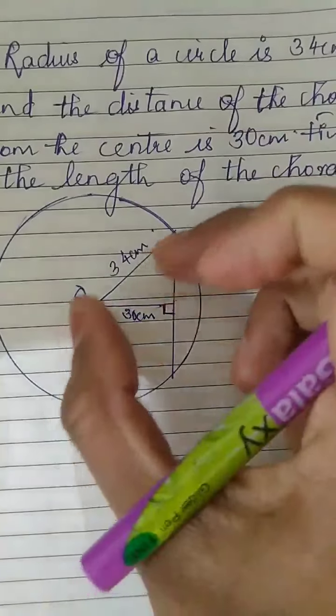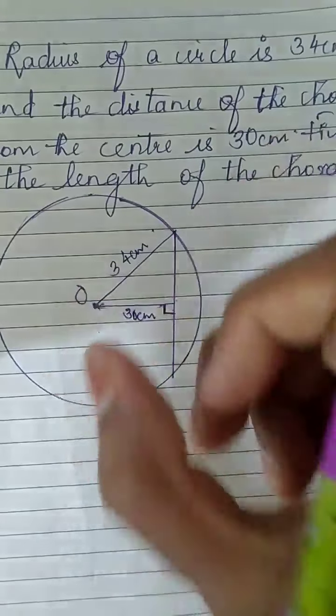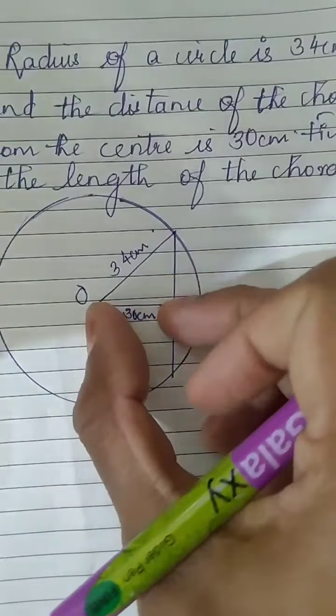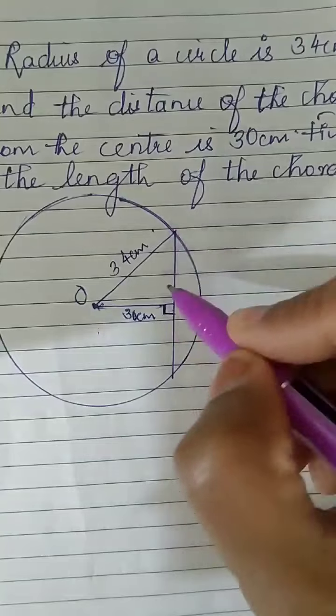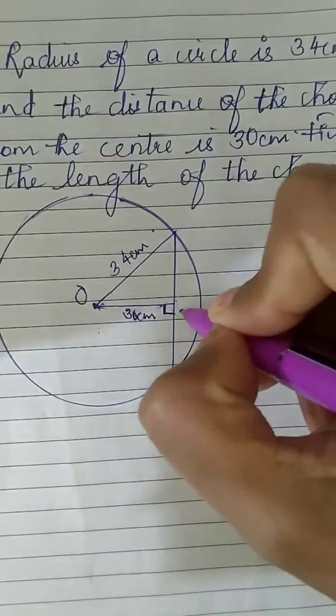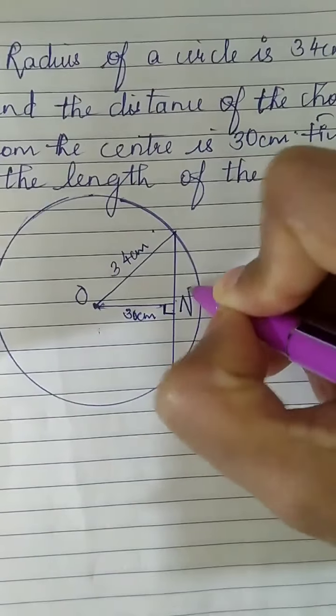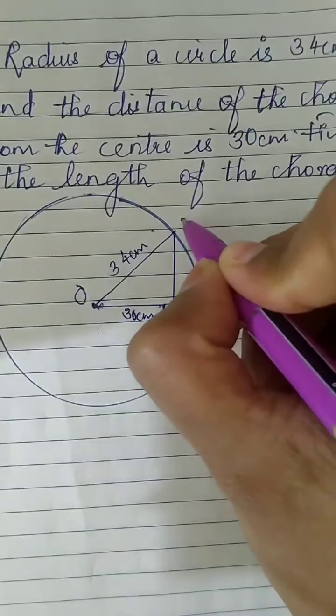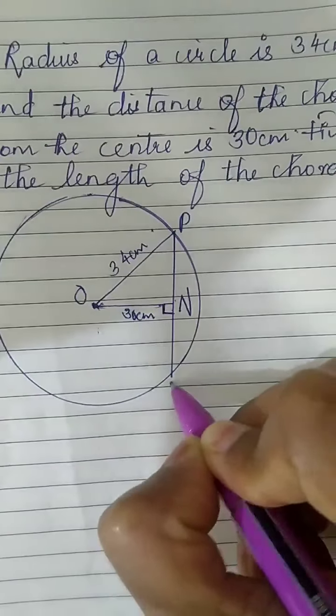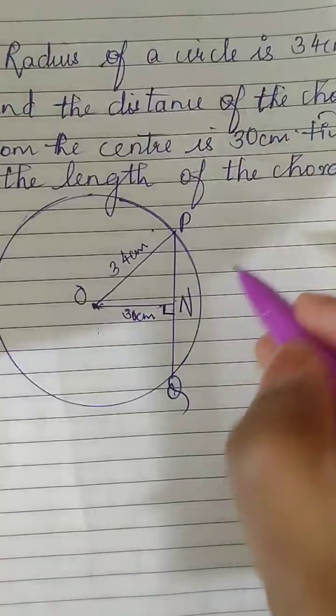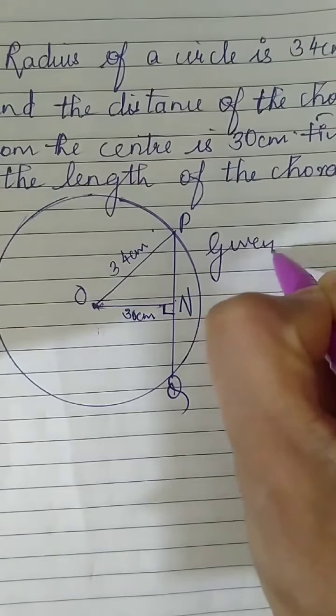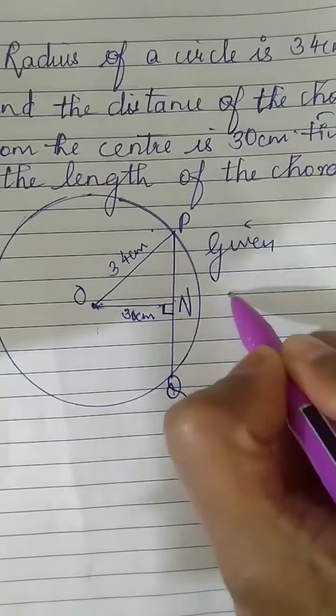Now I told you, sometimes they will ask you to find radius. Sometimes they will ask you to find the distance of chord from the center. Now this is the third type. They are asking you to find the length of the chord. Again our right angle triangle is getting ready. What do you want to name it? OZ? Chord I will name it as PQ. This time I will name it as PQ. So you will write the given details. Circle with center O.